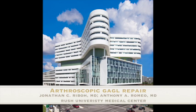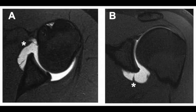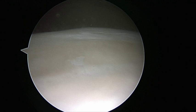Arthroscopic repair of a glenoid avulsion of the glenohumeral ligament. We present the case of a 17-year-old football player with recurrent anterior instability of the left shoulder. MRI shows a patulous anterior and inferior capsule with an avulsion of the anterior band of the IGHL off the